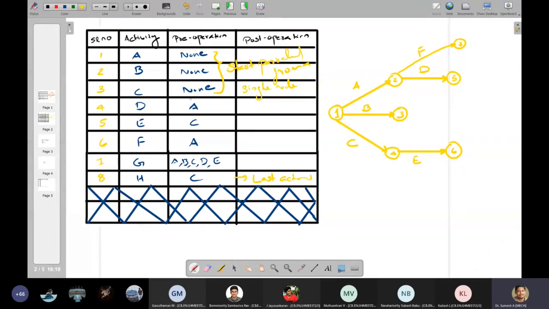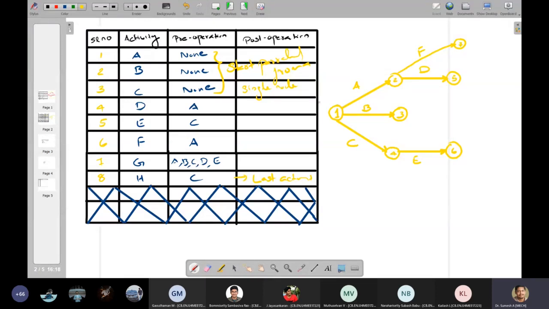So now I need to reorient this entire diagram, since G is going to be a merge activity with various activities coming together, and I don't want all the nodes kept like that.